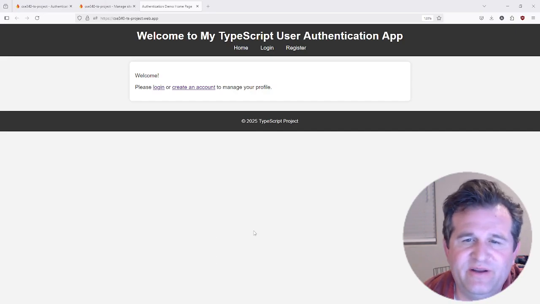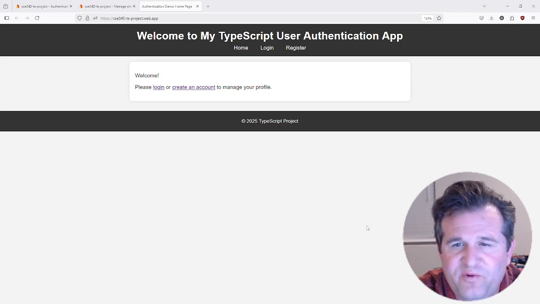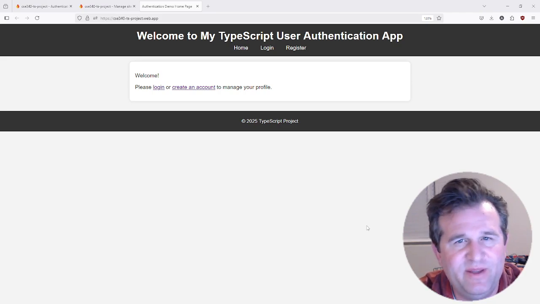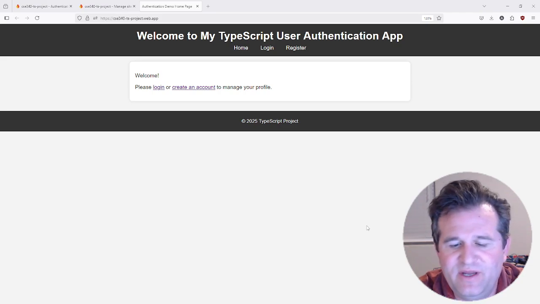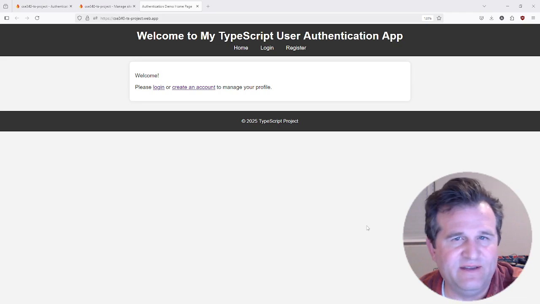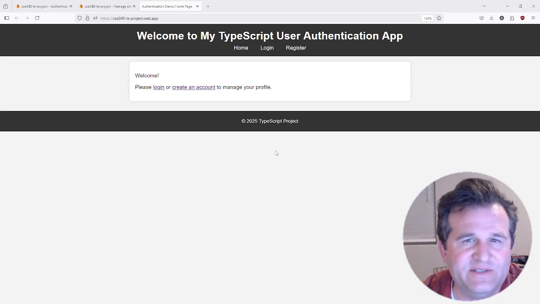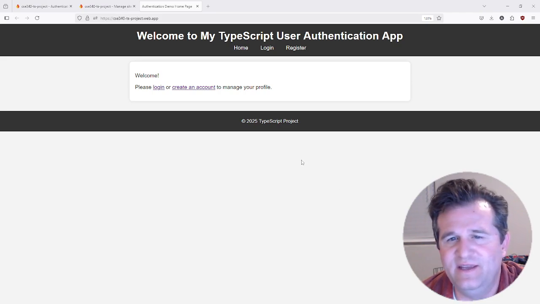Hey, Aaron Topping here. So I built a TypeScript project for user authentication. I wanted to build one where it wasn't just authenticating with name, login, and password information, but I noticed how so many sites have the ability to use third-party authentication, like your Google login or your Facebook login, things like that. I thought it'd be really neat to learn how to do that and do it with